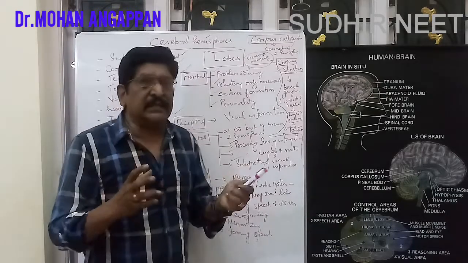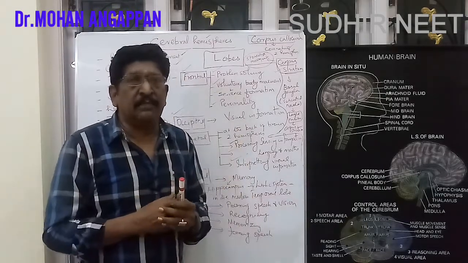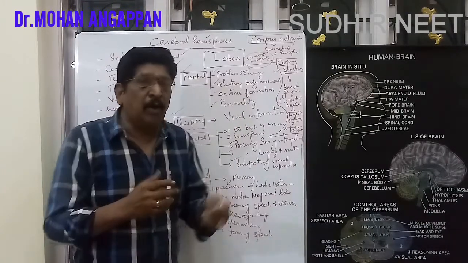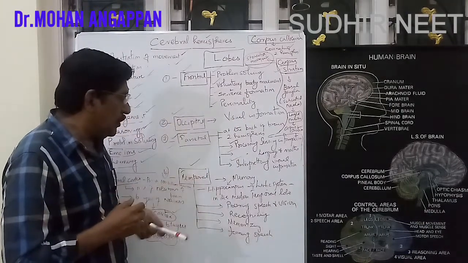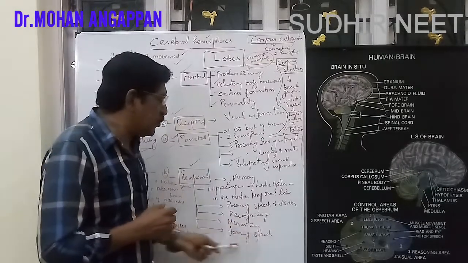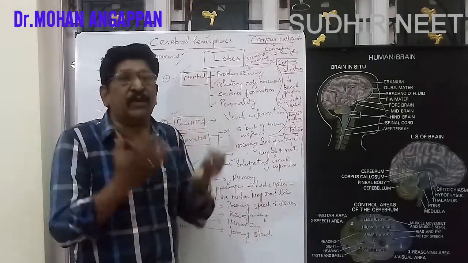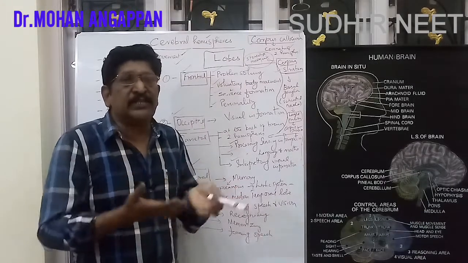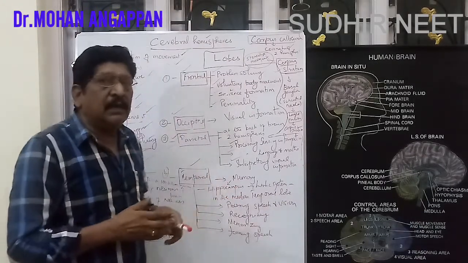And then memorizing: the memorizing power of students, of human beings, depends upon the temporal lobe. And finally, forming speech. The speech formation, whatever we have to convey by speech, that is controlled by